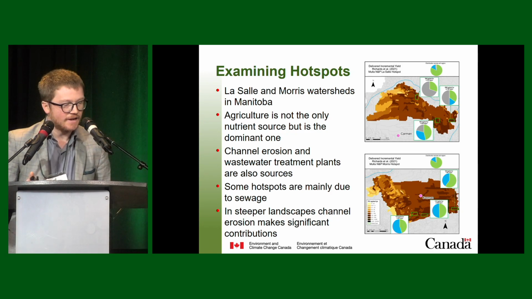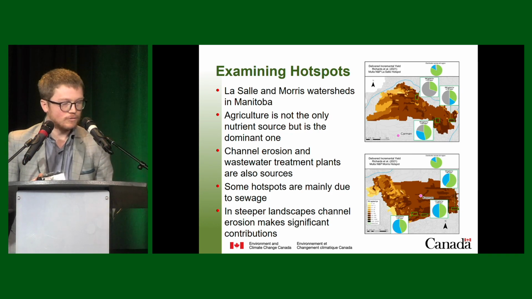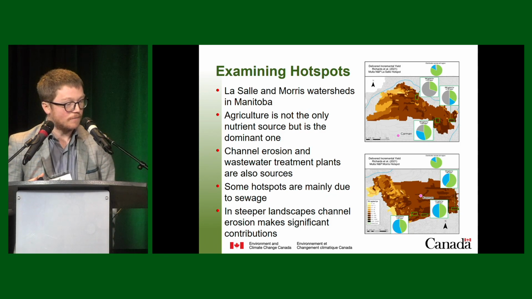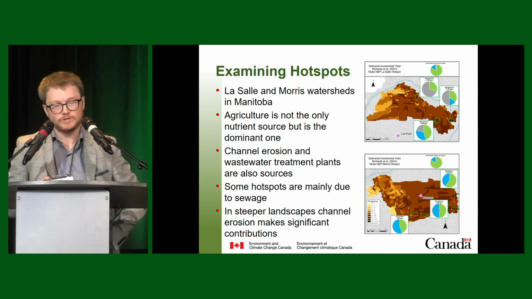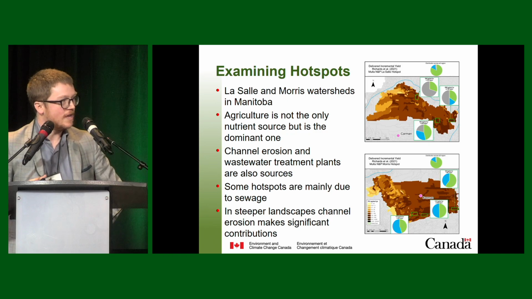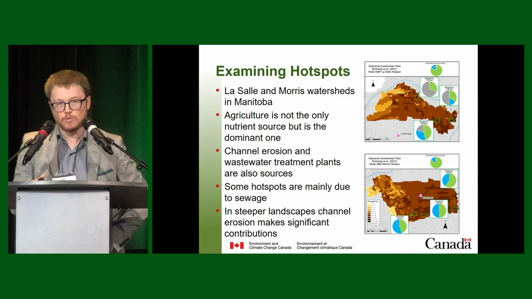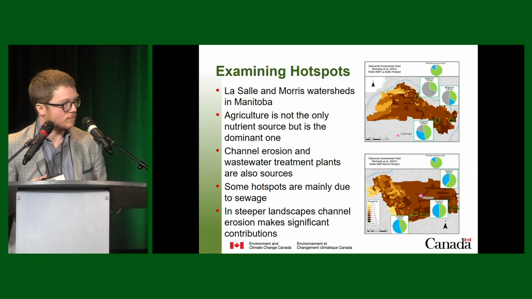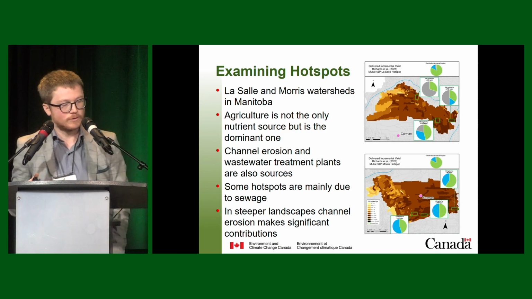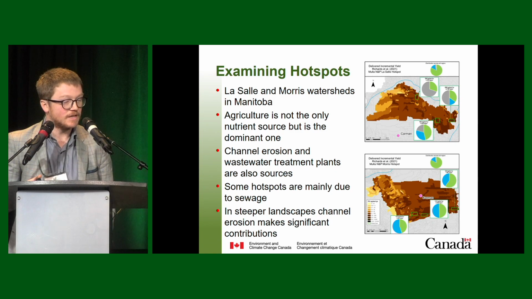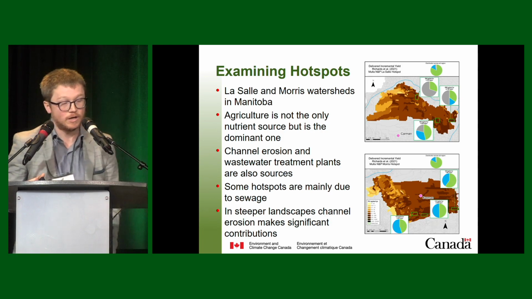So recognizing that, let's look at how the distribution of the phosphorus load is within these portions of the watershed. I'll draw your attention to the pie chart on the top of each of the figures. Looking at the LaSalle watershed, the top figure, in that pie chart the green color relates to the agricultural contribution of phosphorus load. The blue is attributed to stream channel, and the gray area is wastewater. Overall, we see the dominance of agriculture, of course, but if we zoom in on certain areas within this portion of the watershed that has rural settlement, you can see wastewater dominating in certain areas. And so we can consider this a hotspot, of course.